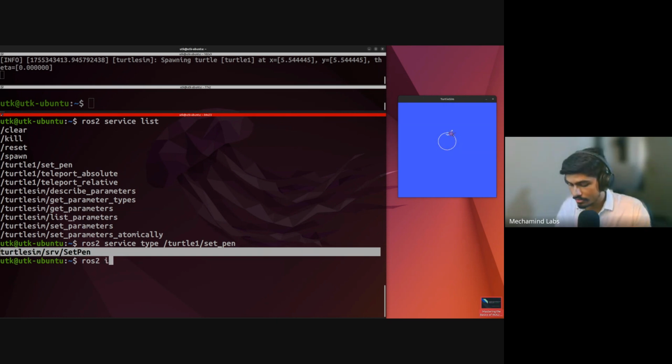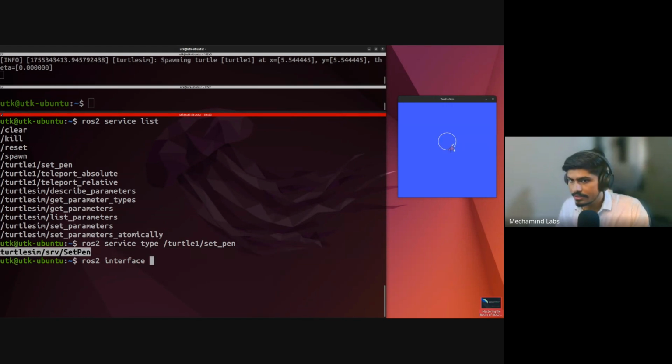So again, I will do ros2 interface. These are interfaces. This is a service interface, that was a message interface. I want to see what is the exact interface type, so I want to see inside the interface. ros2 interface show, not type. ros2 interface show,